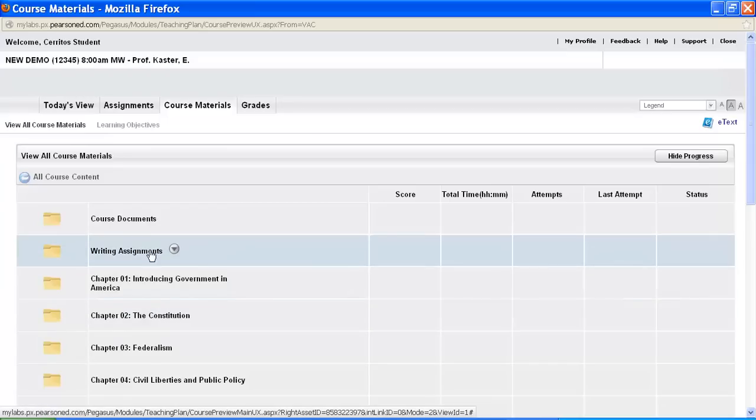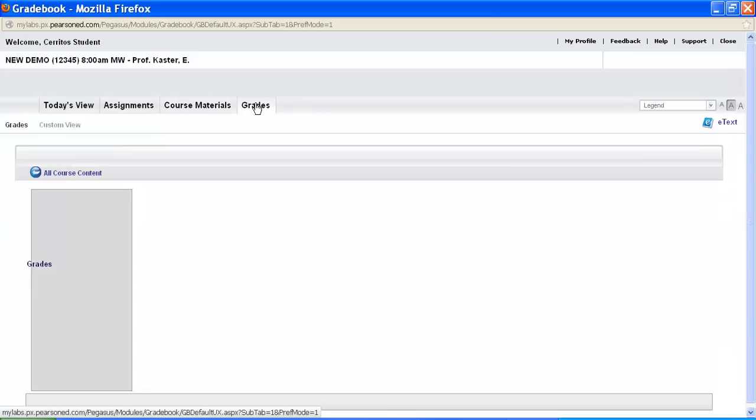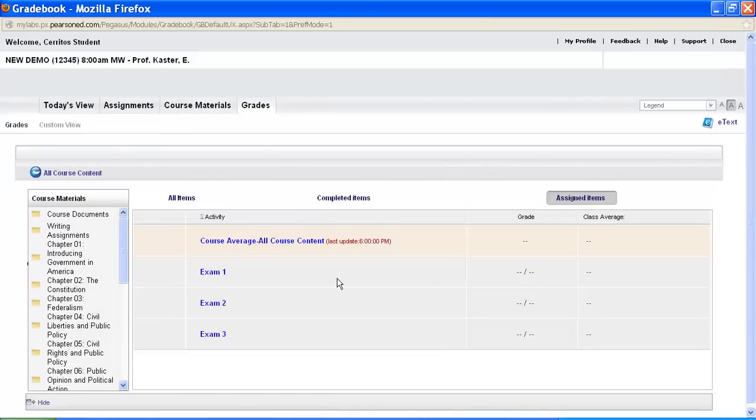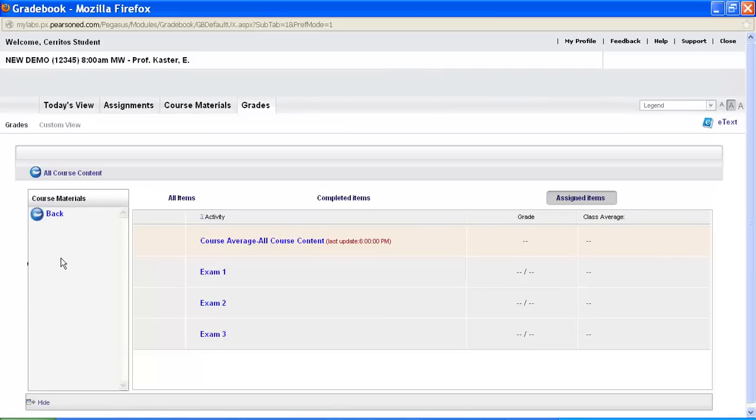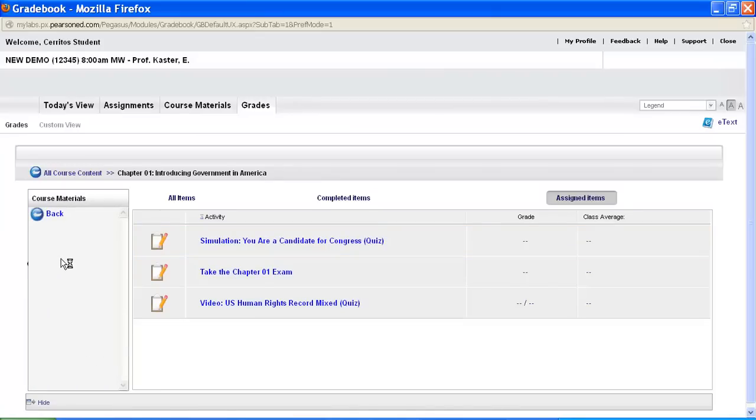So we've reviewed what you're going to find in the chapter folders, in the writing assignments folders, and in the course documents. The last tab I'm going to show to you is the grades. And again, if your instructor is assigning and planning to have you take exams in the MyPoliSciLab course, you will see your grades for those types of exams posted here. So that would be things like a midterm or a final or a first major exam. To see your grades for the work that you had completed by chapter,